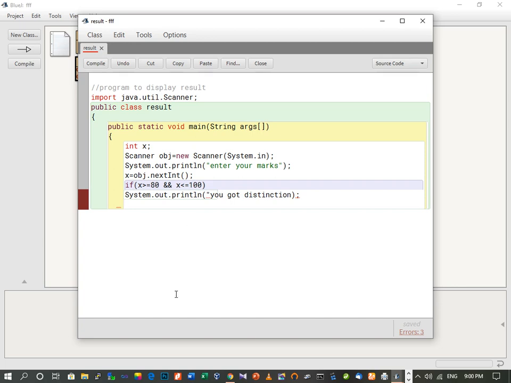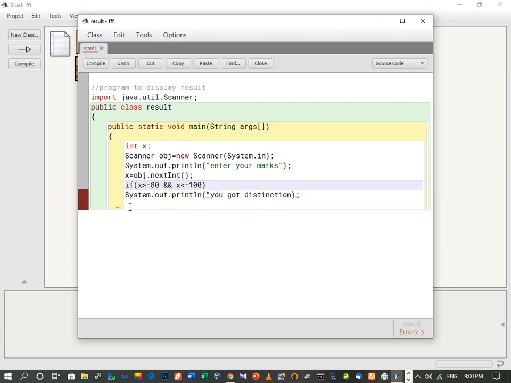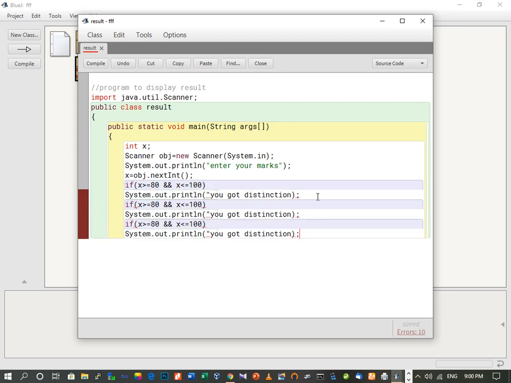Similarly, we will apply the condition for the other marks. So I'm going to copy this same statement, because the same will be used everywhere. So I will just copy, because 2-3 more conditions I have to apply.